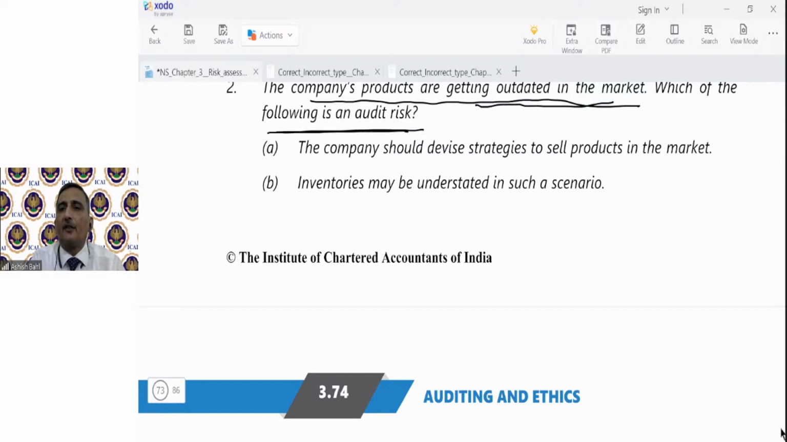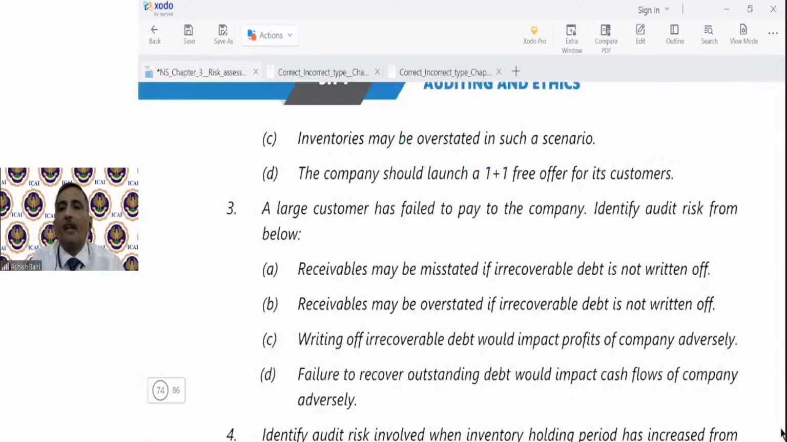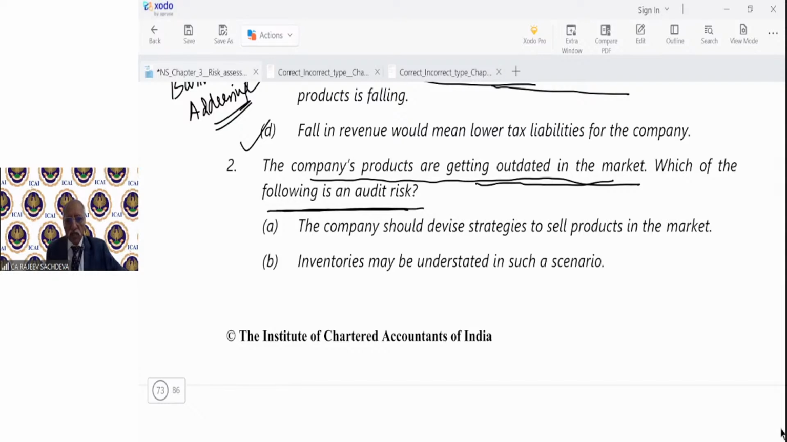Company should devise strategies to sell products in the market. Inventories may be understated, inventories may be overstated in such a scenario. Company should launch a 1+1 free offer for its customers. तो स्टूडेंट्स उसी तरीके से जो सर ने पहले आपको समझाया उसी से सॉल्व करके आप अपना आंसर खुद निकालें। आंसर देखने की कोशिश ना करो, और एक एक ऑप्शन को एनालाइज करो पहले कि क्या होगा इसका इम्पैक्ट, क्योंकि कंपनी के प्रोडक्ट्स जो है आउटडेटेड हो रहे हैं, तो इन्वेंट्री पे असर क्या होगा उसका।